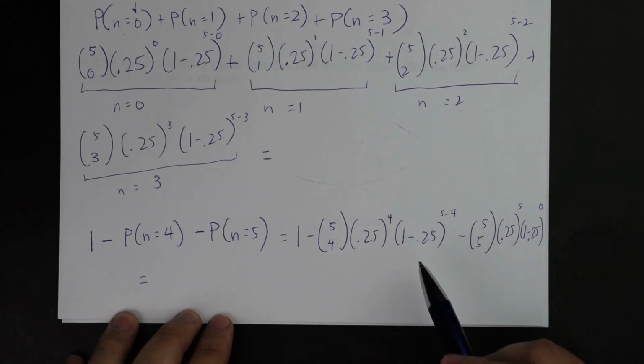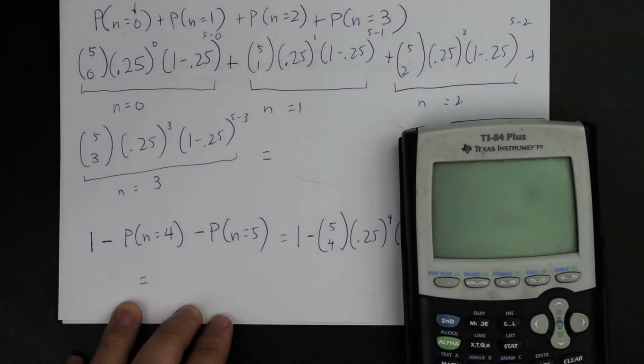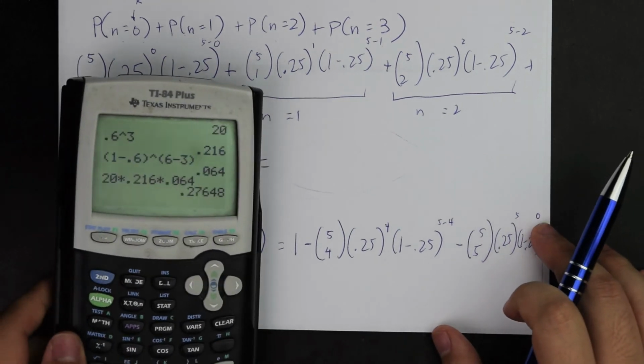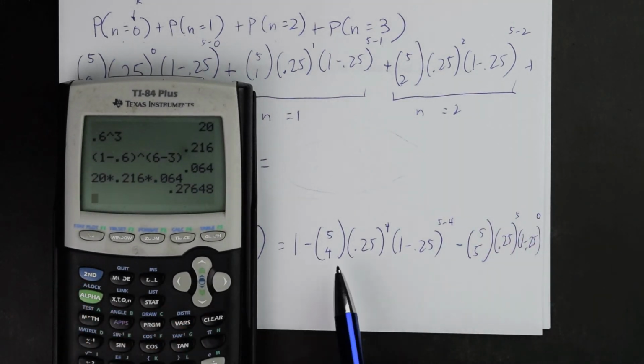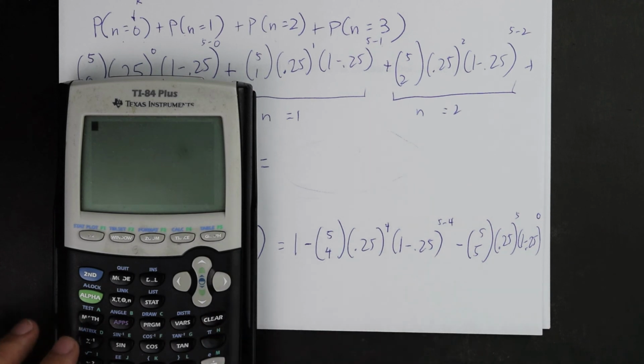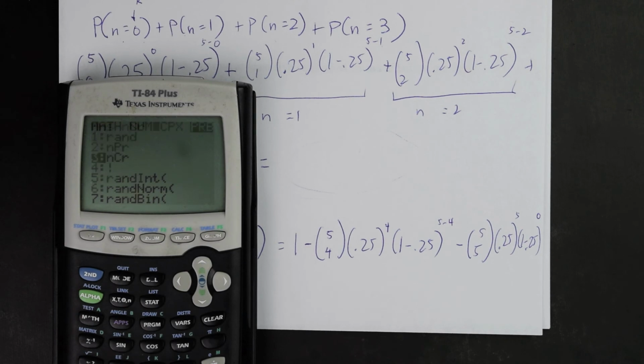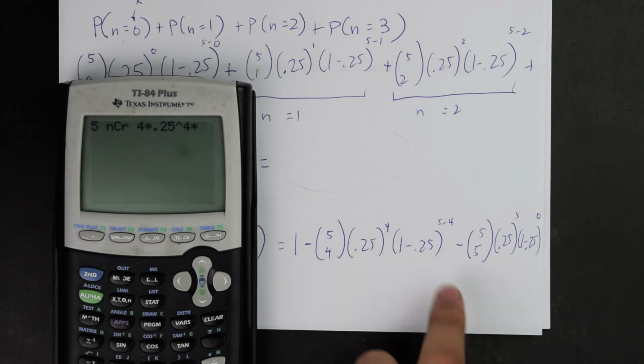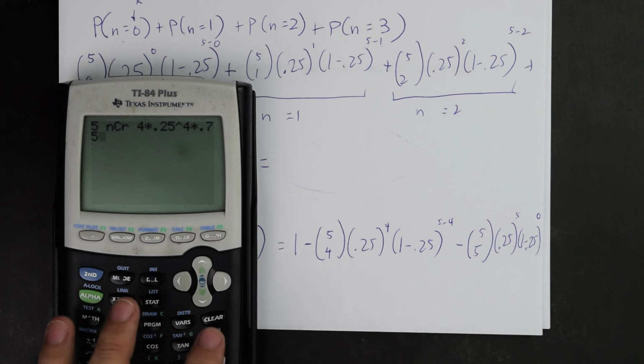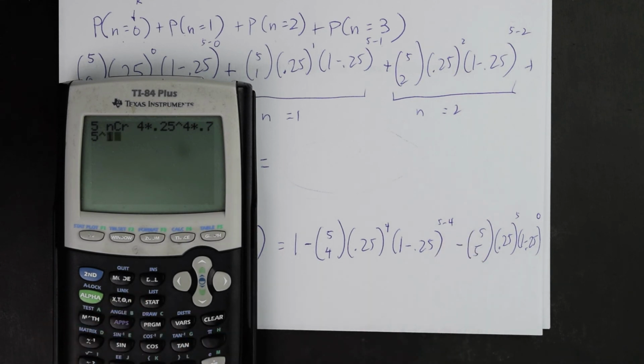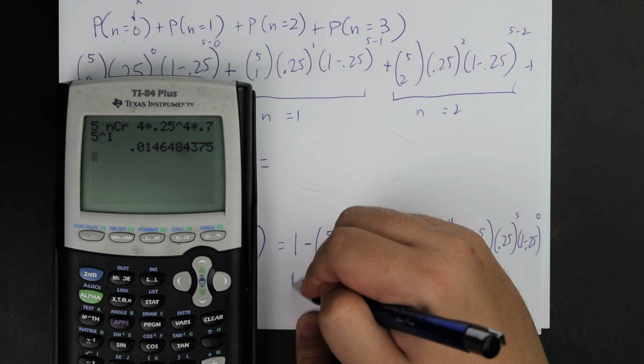Now I'm going to punch this in because this is shorter. So following my procedure right here, 1. So I'm going to first punch in this value. So I'm going to go ahead and do so. It's going to be math, PRB, probability, enter. Oops, I forgot to put the number, so I should do that. So 5, 4 times 0.25 to the 4th times, well, 1 minus 0.25 is going to be 0.75, and just mental math that myself. And 5 minus 4 is 1, so I'm going to punch that in. This is going to be 1 minus